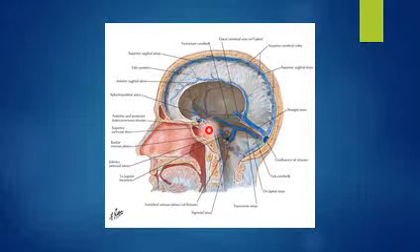Now in this diagram we can see the inferior free margin of falx cerebri and inferior sagittal sinus, which runs on the posterior 2/3 or posterior half of the falx cerebri up to posterior margin, where it joins the great cerebral vein and forms a straight sinus, and straight sinus runs backward up to internal occipital protuberance.